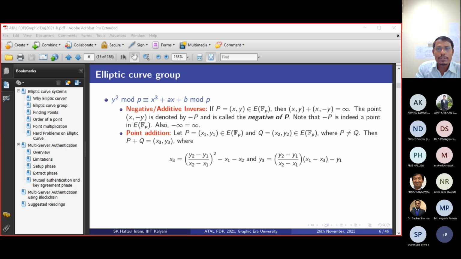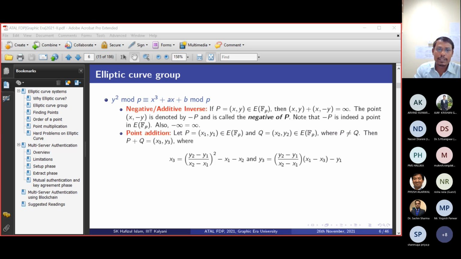So suppose this is another elliptic curve. This is a point P, this is a point Q. If we add these 2 points, the line will cut the curve here. So that is minus R and its reflection is R. So this P plus Q will give this point R, right?